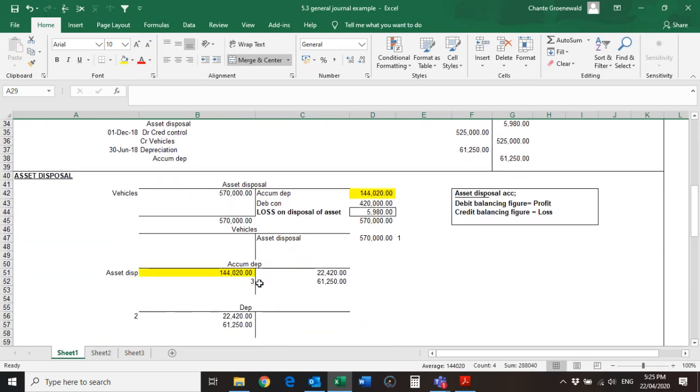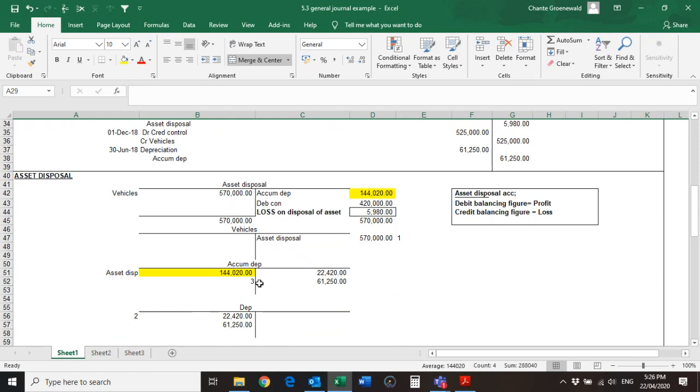I still had it in the beginning of the year because why? If I took out the accumulated depreciation as is without taking the depreciation into account for these 3 months, that means I'm going to calculate my carrying value at the wrong amount. So I have to account for my depreciation because I still used the asset from 1 July until September when I sold it. Then my next step would be to take out all the accumulated depreciation.